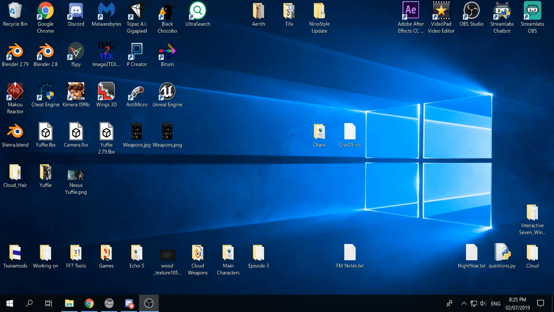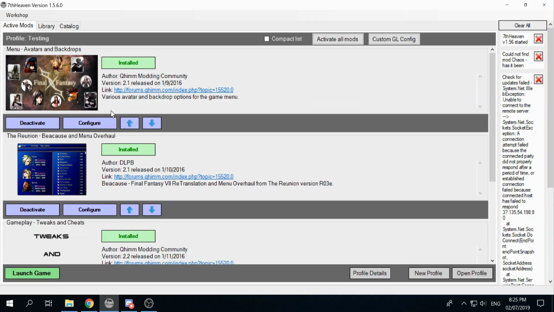What is up, guys, and welcome back to another modding FF7 tutorial. Today I am going to be showing you how to import custom mods into the 7th Heaven mod manager for Final Fantasy VII. Now, mods that come within the launcher are in a specific file type, which is a .iro